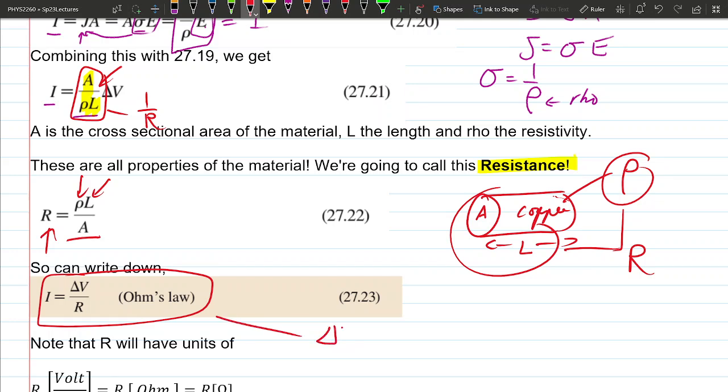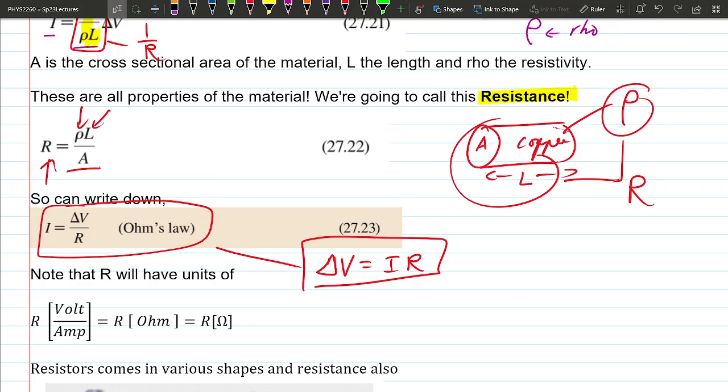It's easier to remember. It's just delta V equals I times R, okay? Some of you guys may have seen this before, right? V equals IR, okay? Be a little careful with this little delta V thing. It indicates, if I have, let's say, a current,